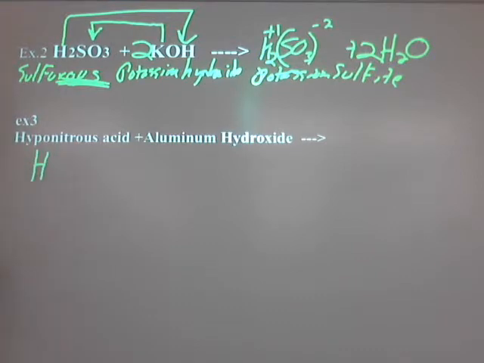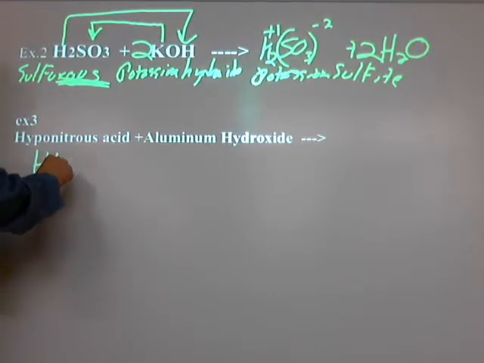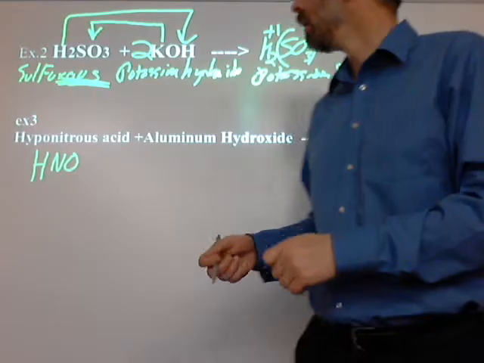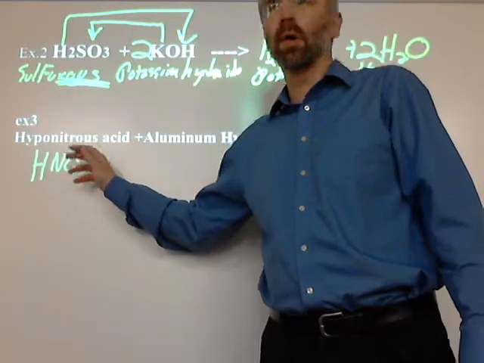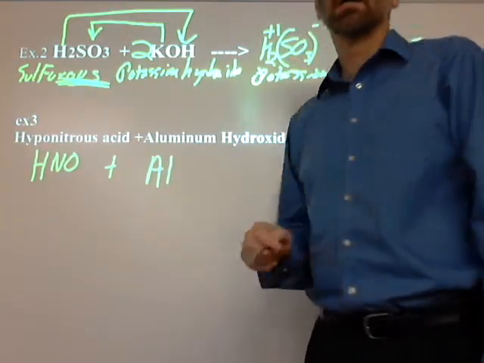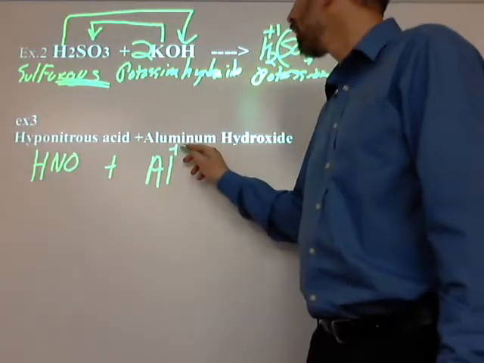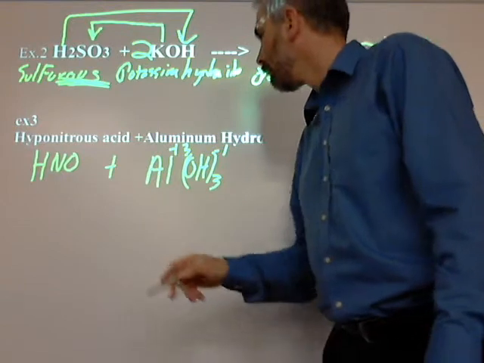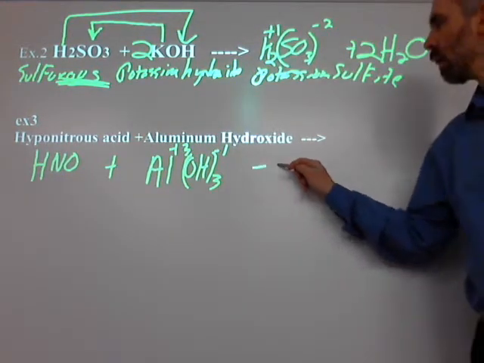H, right? And what? Hyponitrous, hypo-ous. One less. Hypo-ous is not one less, it's two less. So that'd be HNO, right? Is it written correctly? +1, -1? Yep. Aluminum hydroxide: Al, OH in parentheses 3. Al is +3, OH is -1. Good. It yields